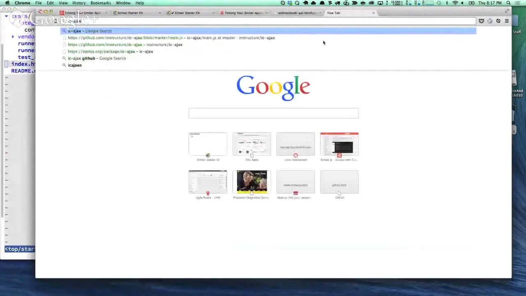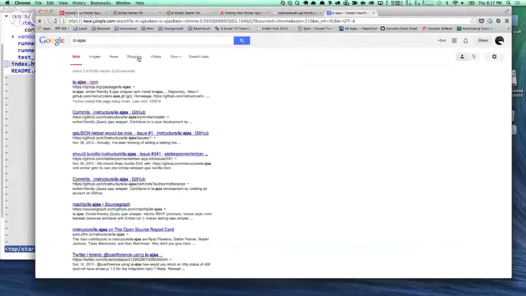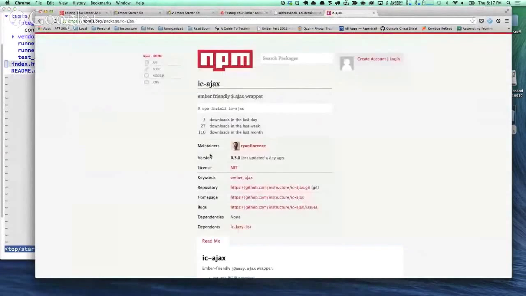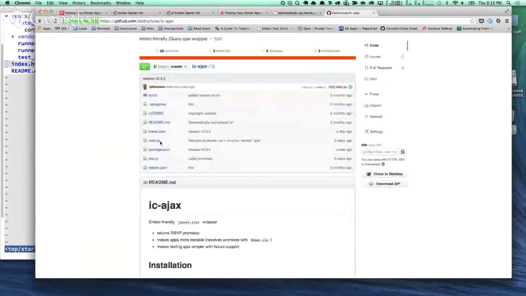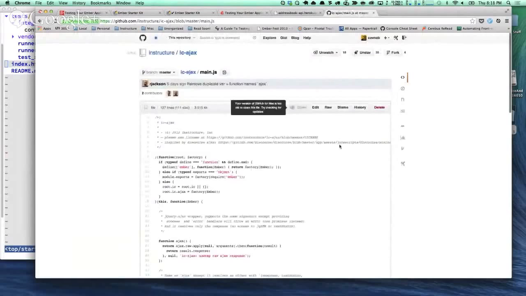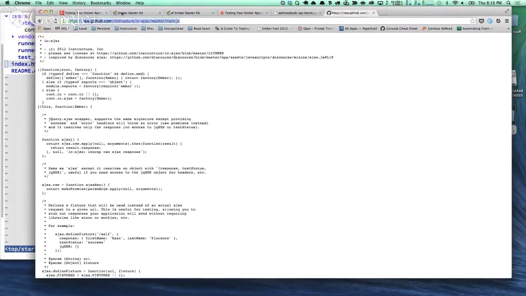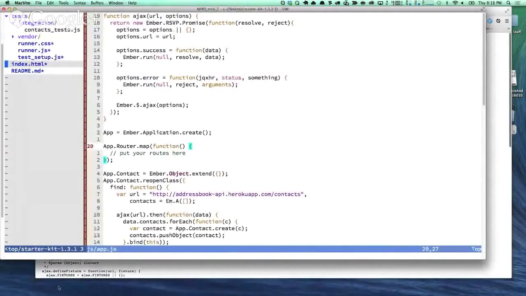So IC Ajax, and I wanted to do everything from scratch so you guys can kind of see, you know what I mean? This isn't smoke and mirrors. There's no Photoshop here. All of this is old teach me to code days here. So what I'm going to do is go to their main here. This is the latest IC Ajax from master, and I'm going to go to my console